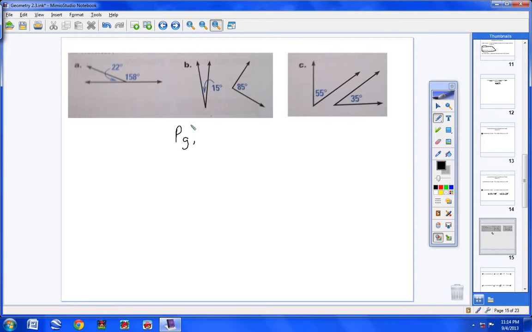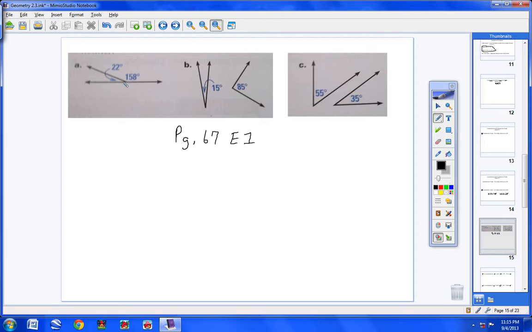Okay, in your notes, I would write page number 67, example 1. So page 67, E1. And you can turn in your books if you want to. You don't have to. I've got it right here on the screen in front of you. But if you'll write this down, then in your notes, you'll know where these problems came from. Now, we're going to look at example A, B, and C, and we're going to say whether it's complementary, supplementary,